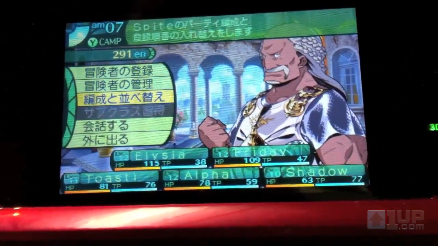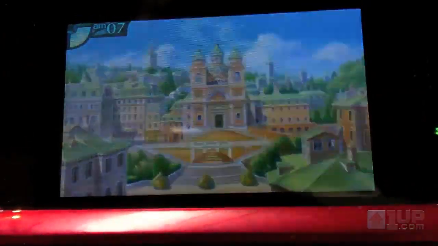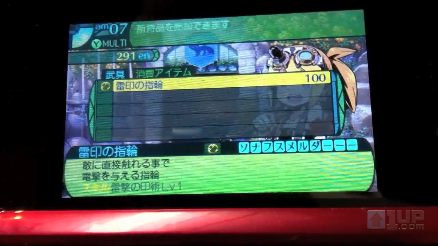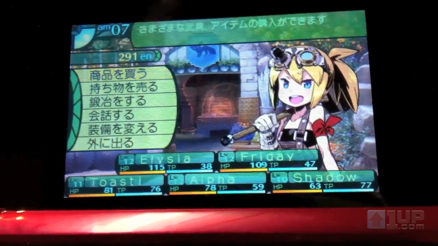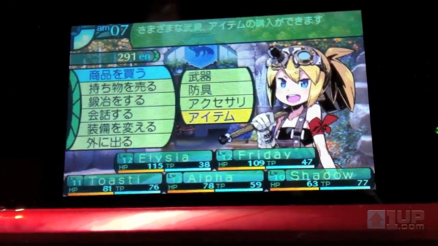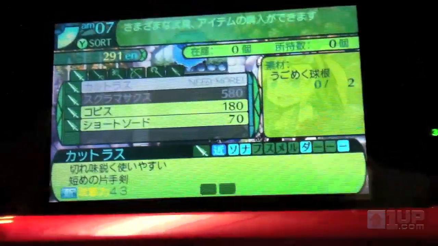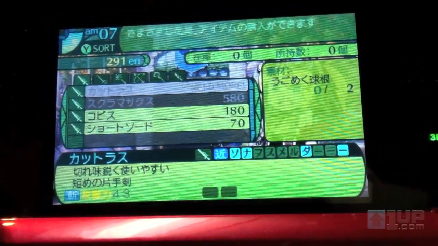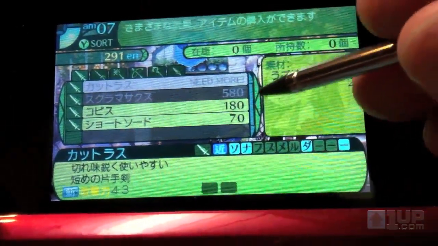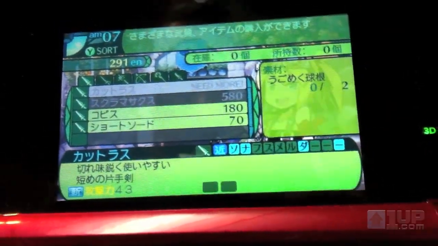And so you can create your party and form it up, head into town, go shopping if you want. Everyone loves shopping. As usual, you sell items in the shop, junk that you collect, and then when you want to buy, you have your choice of weapons, armor, accessories, items. Something that's carried over from Etrian Odyssey 3 is that when you sell loot from enemies, you unlock new things, but as you can see here, you may not have enough money, or, well, not enough money, but enough,